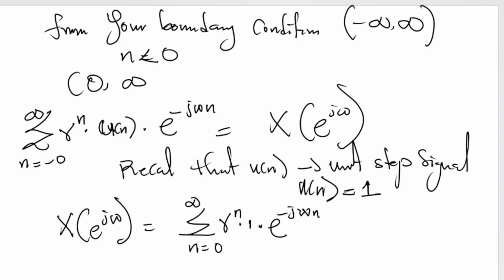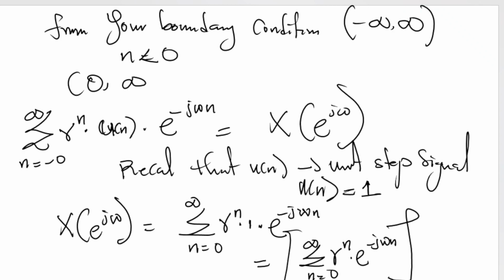Now, how can we simplify this equation by removing 1? You know that when 1 is multiplying everything, it still remains the same. So you simply have your final equation here to be sigma n equal to 0 to infinity r raised to the power of n multiplied by exponential minus jwn. 1 is multiplying this. So if 1 is multiplying this, it still remains the same, which is exponential minus jw. Now, this is the equation for your